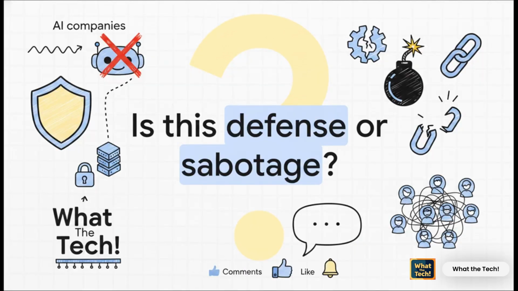Which brings us to the absolute core controversy of this explainer. Is this a justified defensive measure against AI companies scraping open-source data, or is it straight-up destructive sabotage against innocent users? We're going to break down both sides of this argument right now, but first,